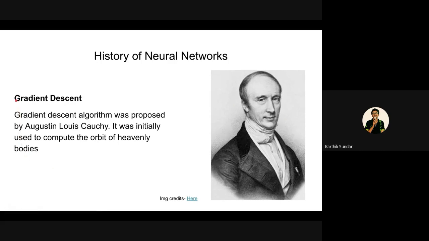But this particular gradient descent method later came to be the savior of machine learning, deep learning, neural networks, or whatever. And even now, in any algorithm you use, except for the tree-based models, you will find gradient descent in almost every algorithm in machine learning. So gradient descent was there, and there was a paper on it.